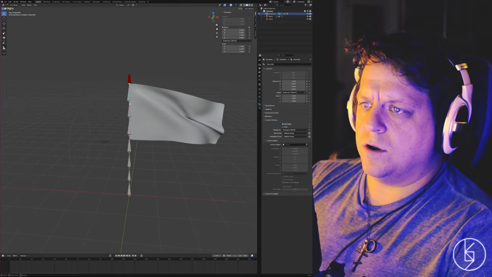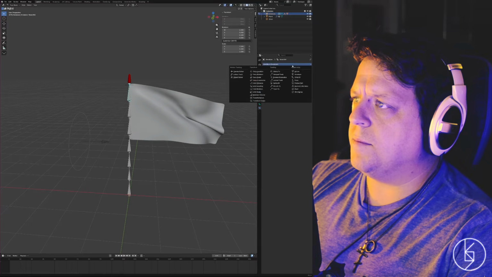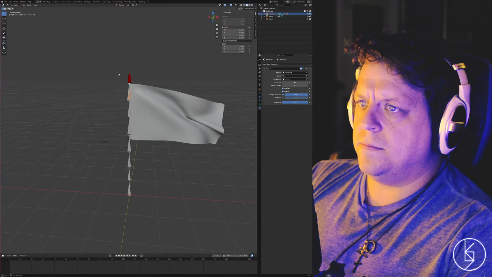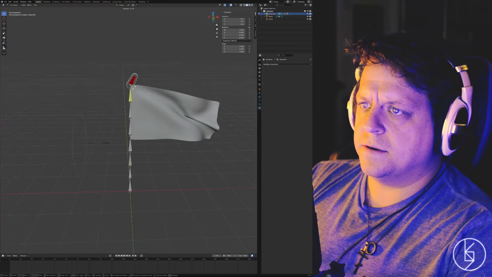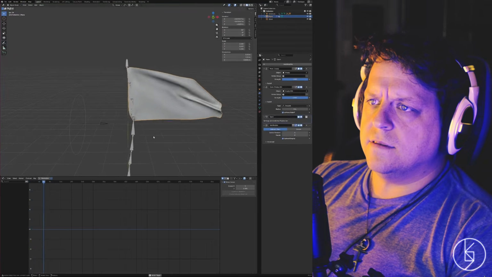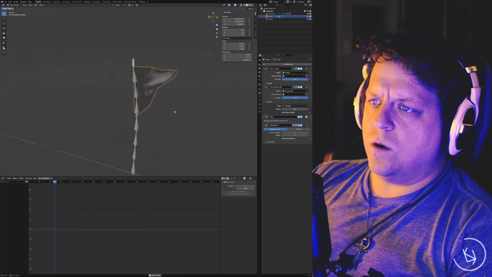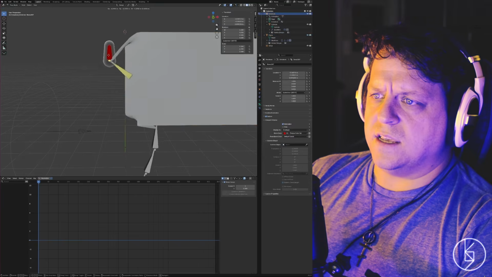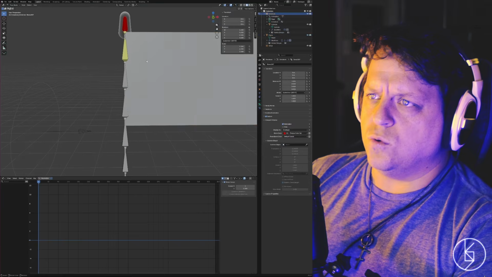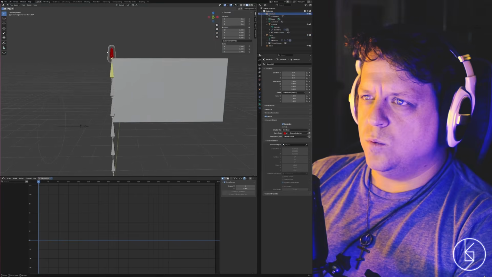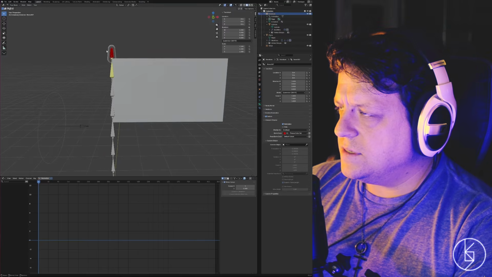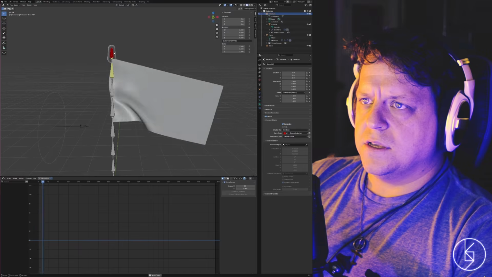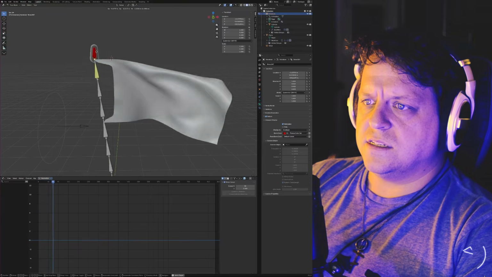We're gonna go here to go to pose mode. We're gonna add a bone constraint, inverse kinematics, and we're gonna do it to this bone right here. I think that's what we wanted-ish, kind of. Okay. And now when I do this, yeah, okay. That's cool, but we need the influence. We need to expand the influence of these hooks. So if I go like this,